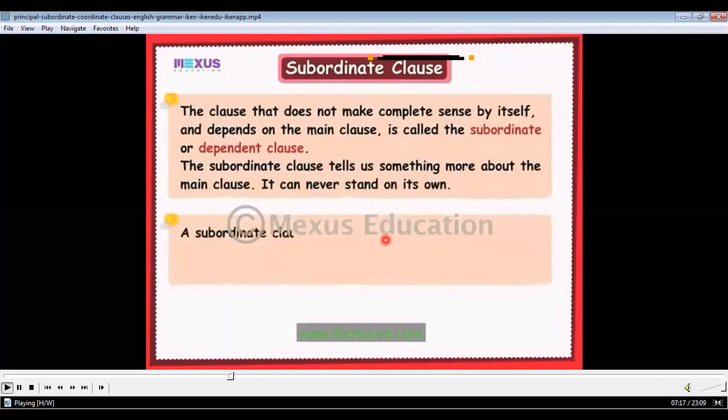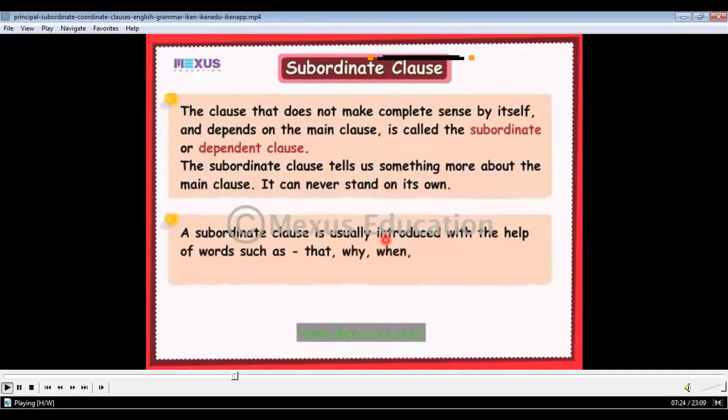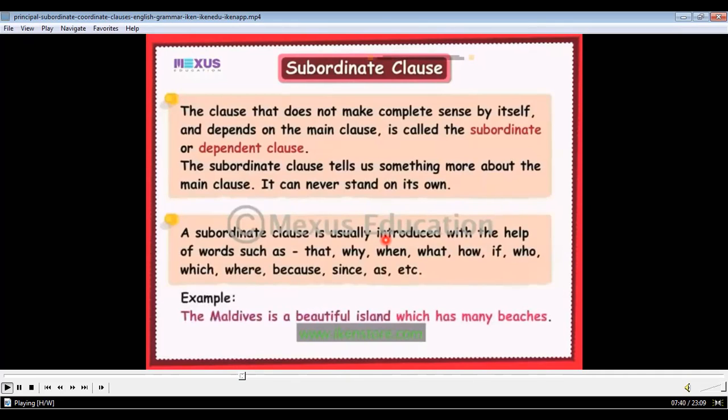A subordinate clause is usually introduced with the help of words such as that, why, when, what, how, if, who, which, where, because, since, as, etc. In our earlier example, the first clause is called the main clause and the second clause is called the subordinate clause. So the subordinate clause, as I've mentioned earlier, is the clause that does not make complete sense by itself,